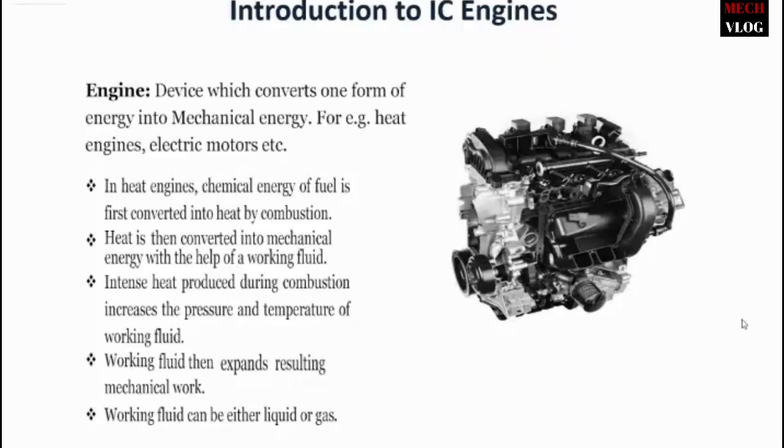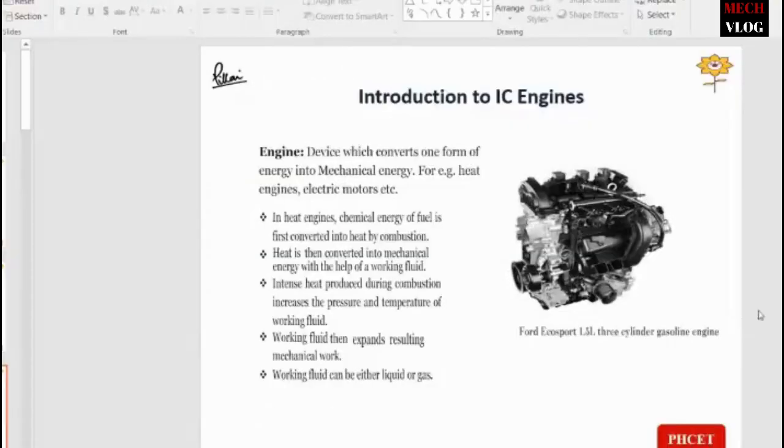The working fluid is either liquid or gas. In the case of liquid, we use petrol or diesel, and for gas we use biodiesels or compressed natural gas. This figure shows the EcoSport 1.5 liter 3-cylinder gasoline engine. So this is all about the